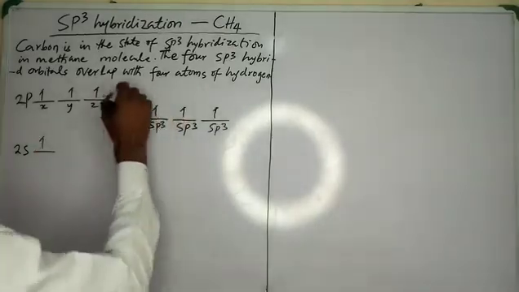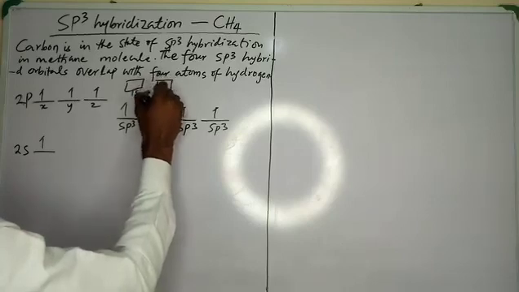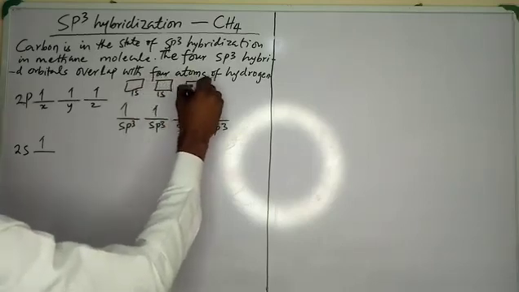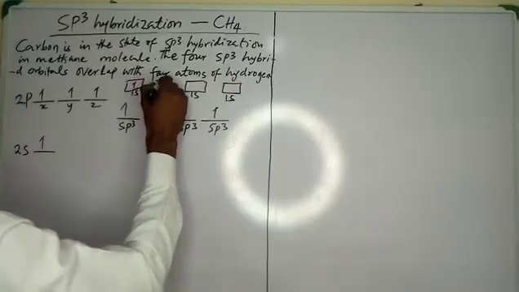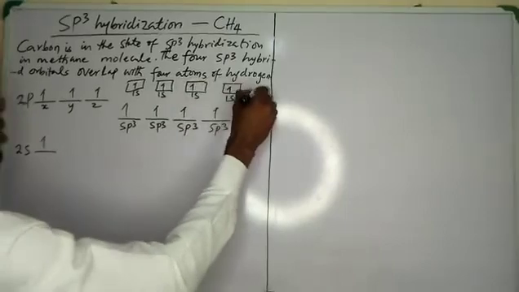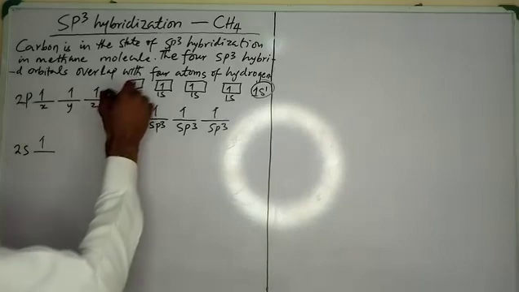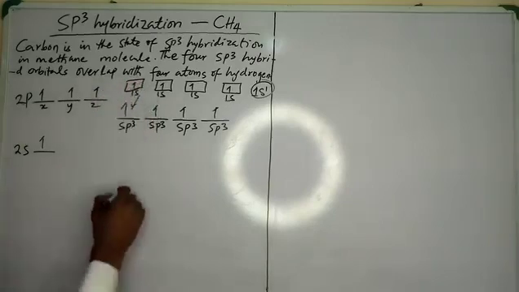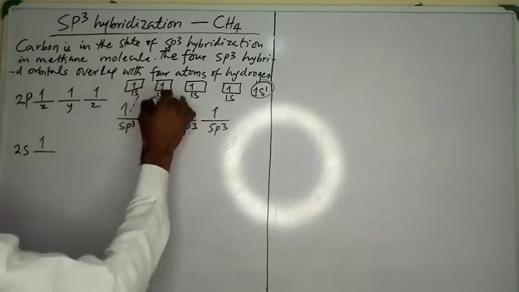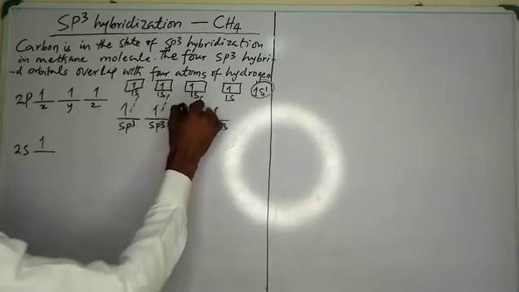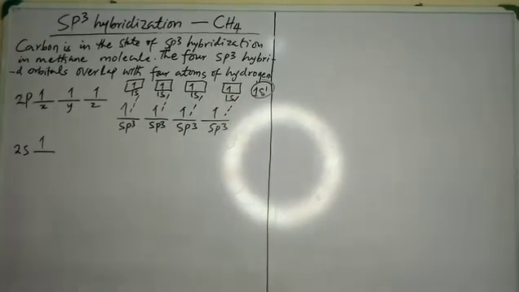And if you have a hydrogen atom with a 1s orbital, another hydrogen atom with a 1s orbital, and another hydrogen atom with a 1s orbital, each of them carries 1 electron, since the electronic configuration of hydrogen is 1s1. So you see that this particular orbital can overlap with this orbital to make a bond. These two can overlap to share their electrons and make a bond. These two can overlap to share their electrons and make a bond.